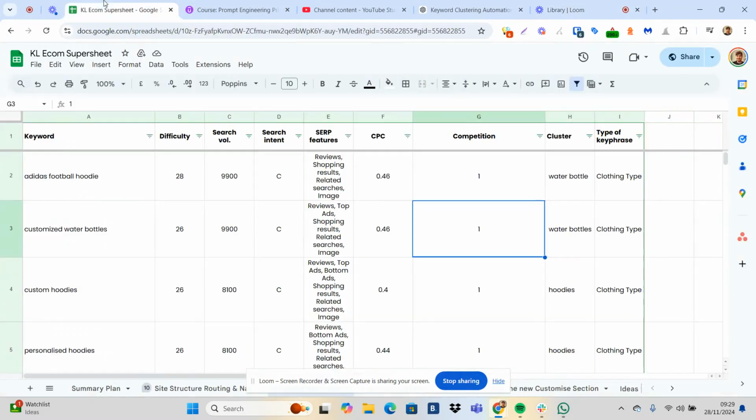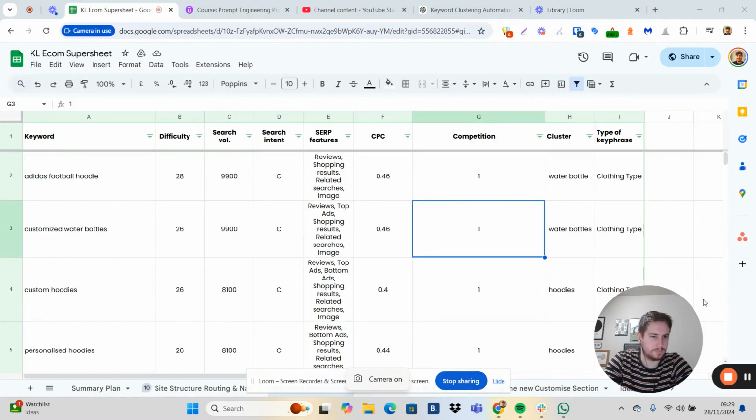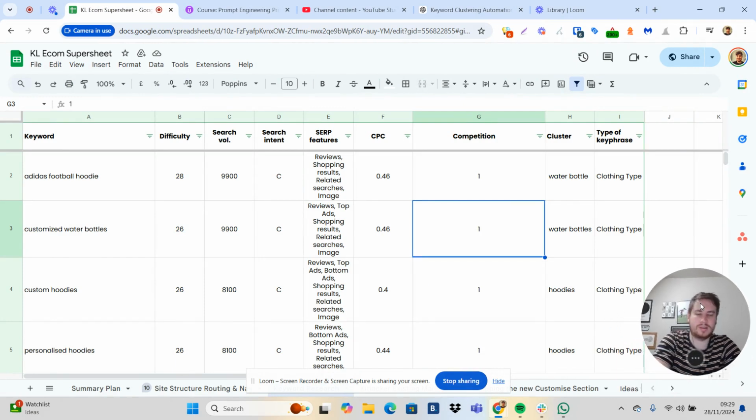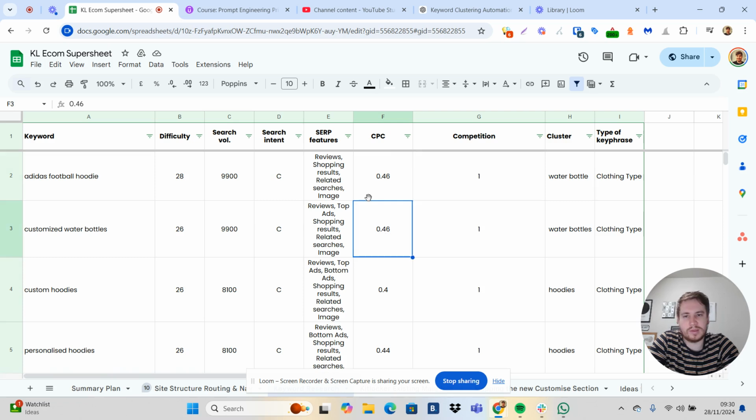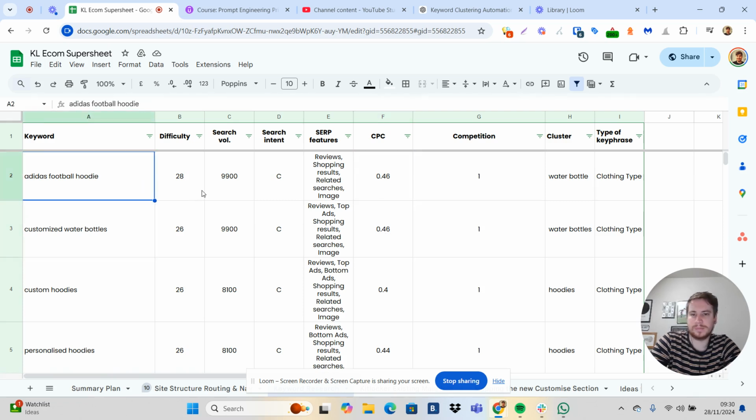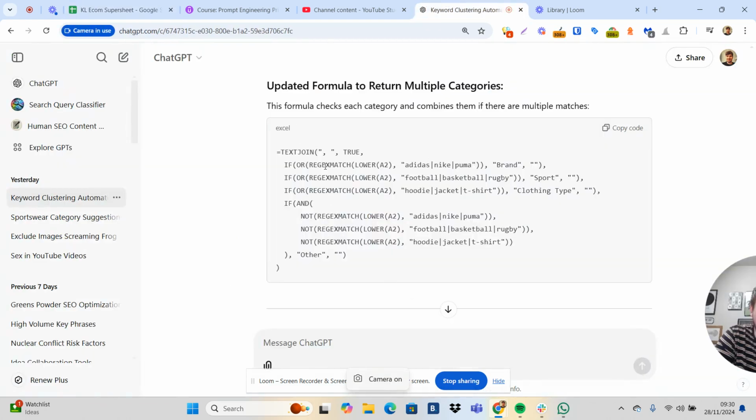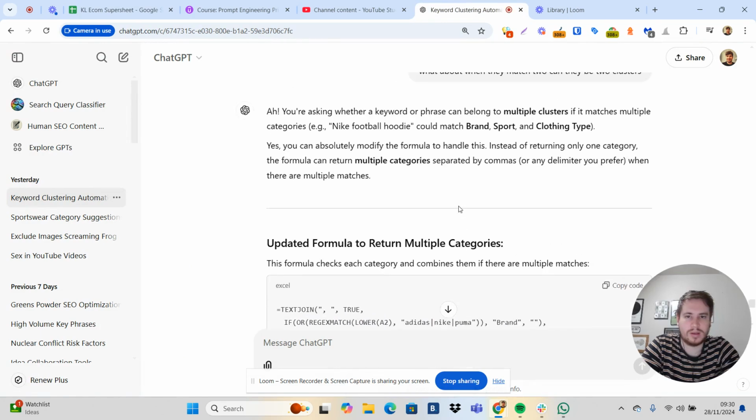Wanted to talk through the keyword clustering prompt for ChatGPT and to use in Google Sheets or Excel or whatever. So I've exported all the keyword data. This is from SE Ranking, but wherever it comes from, Keyword Planner, SEMrush, Ahrefs. Basically, once you've got your list of keywords in one column, then if you go to ChatGPT and ask it